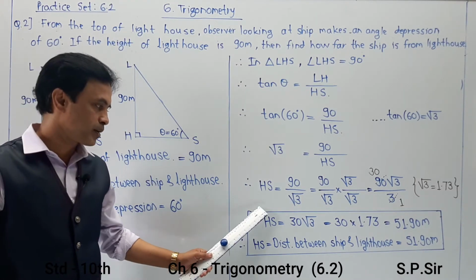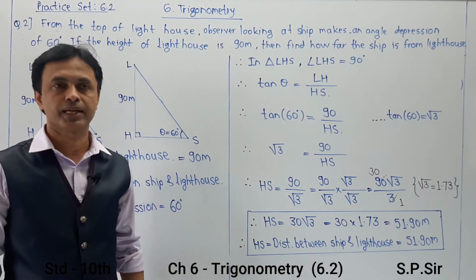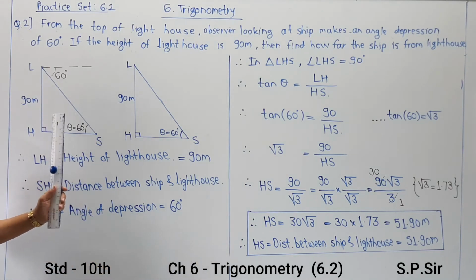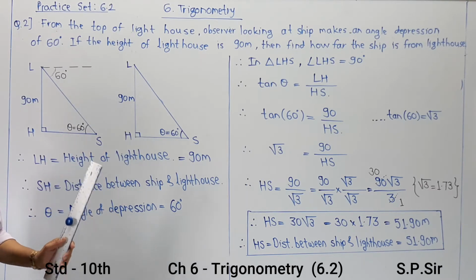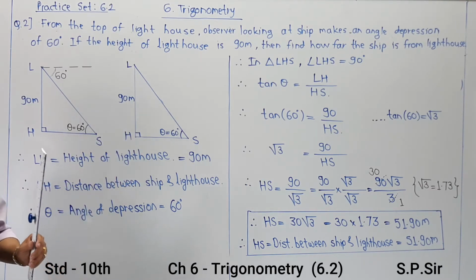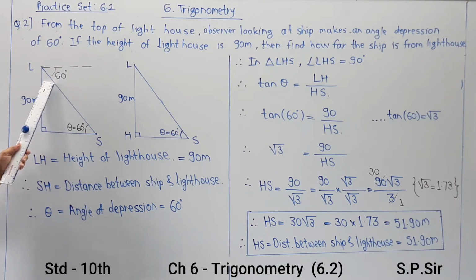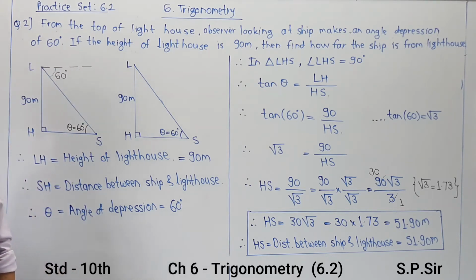In this case, for your final answer, give a simple box so that your declaration will be very clear. Again student, please observe all the parts. If you want to draw a single diagram, no problem. If you want to do a diagram for your understanding, there is no problem. I have drawn the second diagram for your proper and clear understanding, because students are making a silly mistake over here. Maximum students, when I observe the paper, are writing this 60 over here. No doubt it is the angle of depression, but it always makes an angle with the horizontal axis. In this way you can solve the numerical.